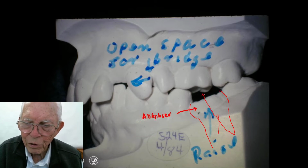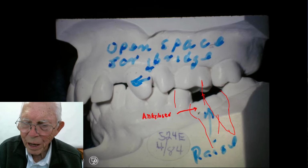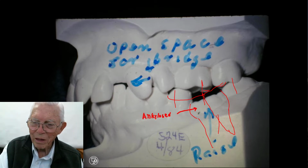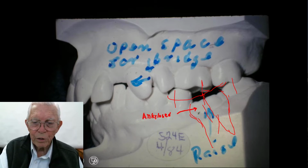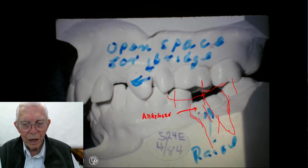Now if you just try to pull it in by pulling down on this, it'll sink these teeth, and this will bring all these teeth down to this point. I've tried that. That's not the way to deal with them. You have to go in around it, and you have to break this thing loose, and then you can get it to move. But when a tooth is ankylosed, maybe it was damaged at some time,